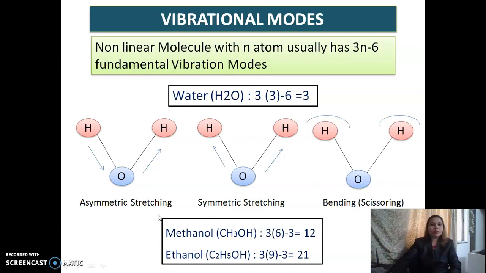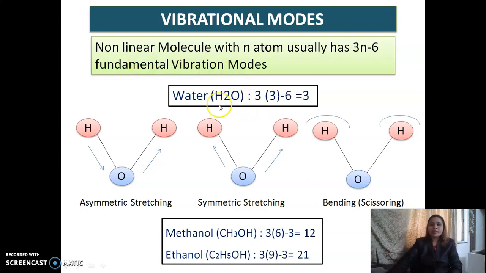For a non-linear molecule with n atoms, there are usually 3n-6 fundamental vibration modes. A linear molecule has 3n-5 fundamental vibration modes. As IR spectroscopy is not concerned with linear molecules, we are only discussing non-linear molecules here. For this, one very simple example,